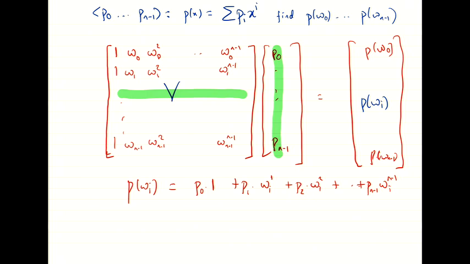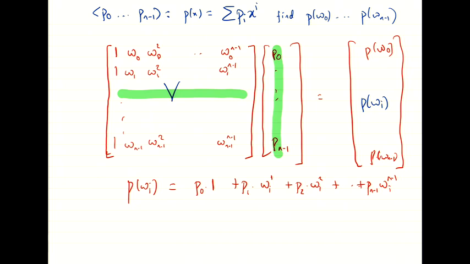Okay? So the key piece that's sort of missing in our picture is we have discovered how to go from coefficients to values, but we really want to be able to go both ways. For our scheme to work, we should be able to go from coefficients to values and vice versa. So we need to be able to go from values to coefficients. Meaning, if I give you the right-hand side of this equation,